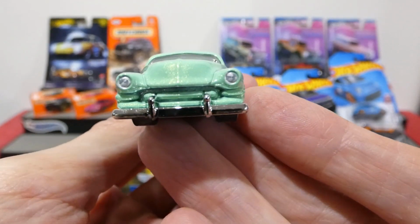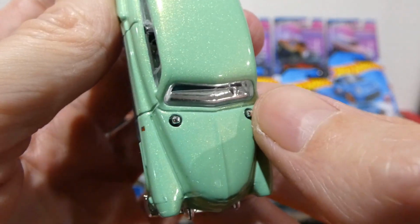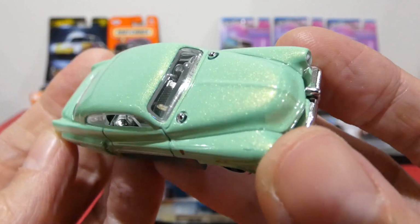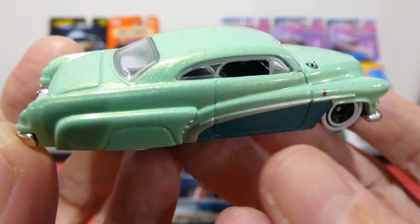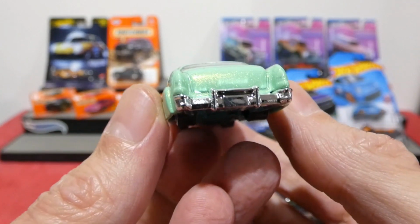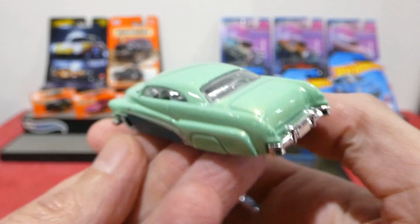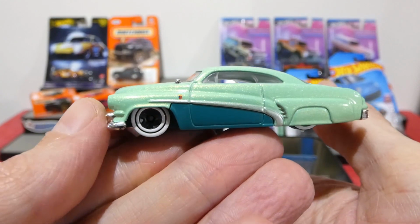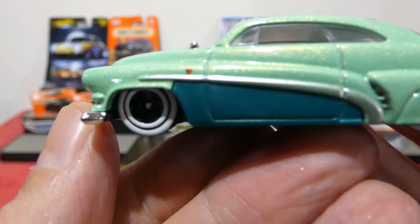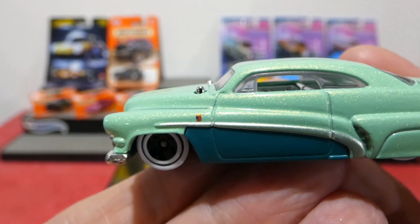Chrome bumper, headlight details. I do like this one a lot. I don't know what these are supposed to be, but they look cool with the chrome bit poking out there. Full chrome interior. Wow, I do like the wheel covers also. There's the rear there. Nice big bumper in chrome with the license plate section there. And there's the opposite side there as well. That's awesome. Is that a badge on the side or is it an indicator? I can't quite work out what this is. It looks like a...